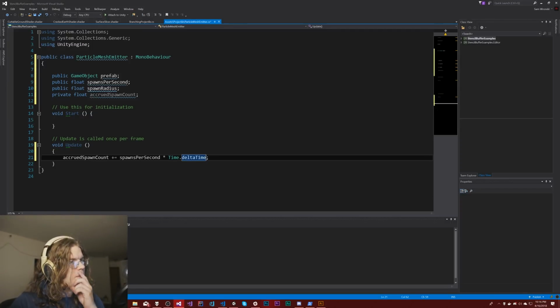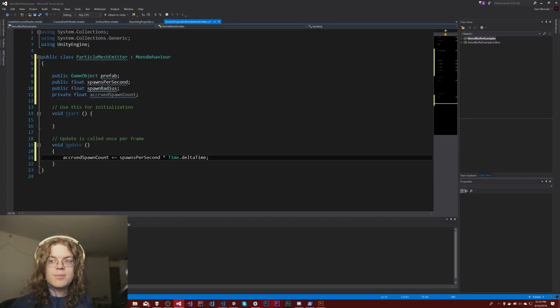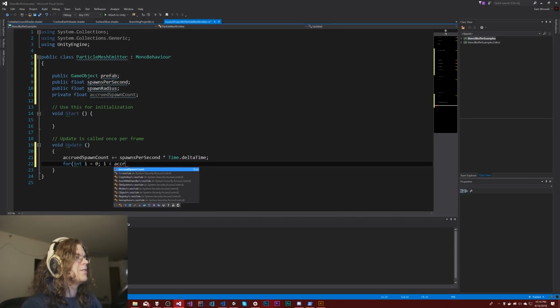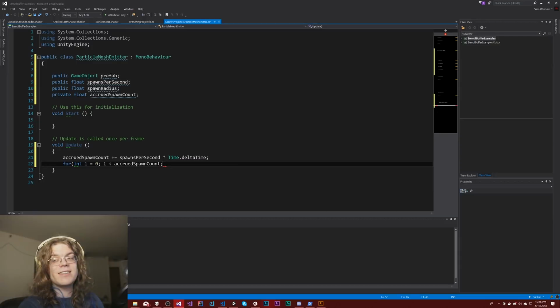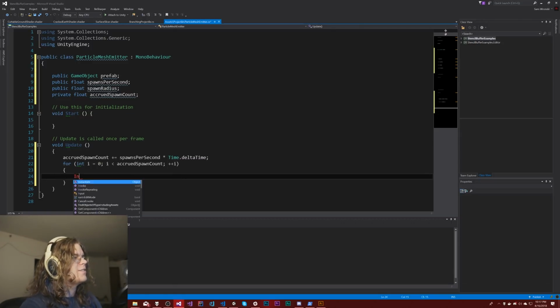So the idea here, spawns per second is how many times you want to spawn something per second, so let's multiply it by time, and then we'll accrue however many things we need to spawn. And then for i from 0 to i less than the accrued spawn count, we're just going to spawn things inside of that radius. And that's it. That should be everything, I'm pretty sure. And so this is just going to instantiate